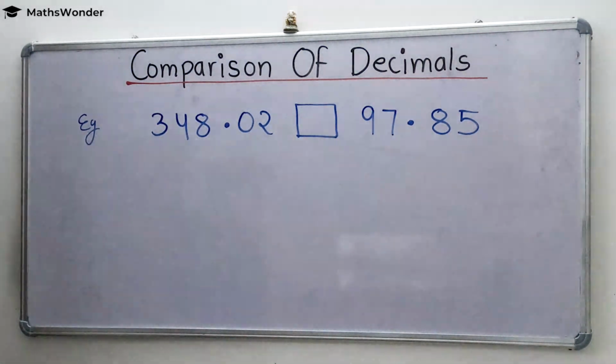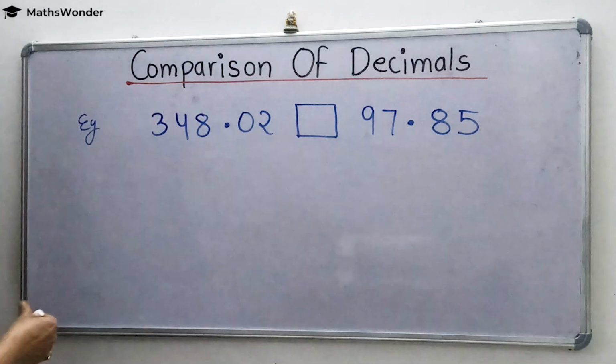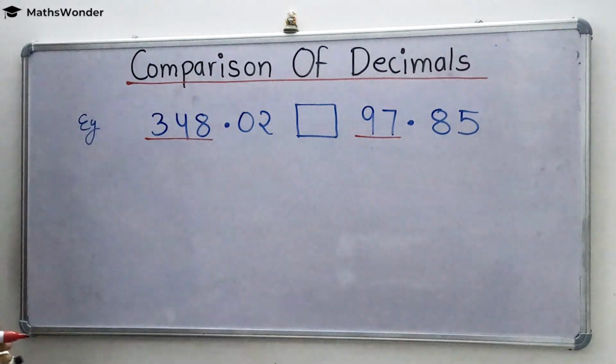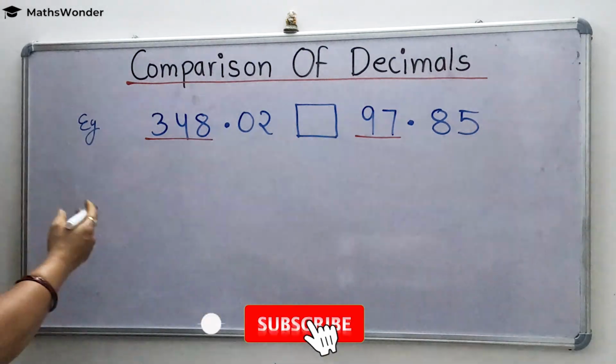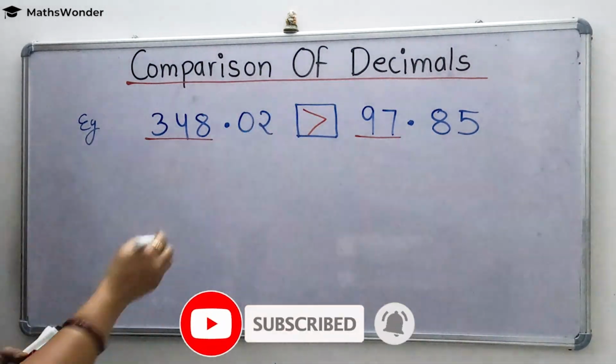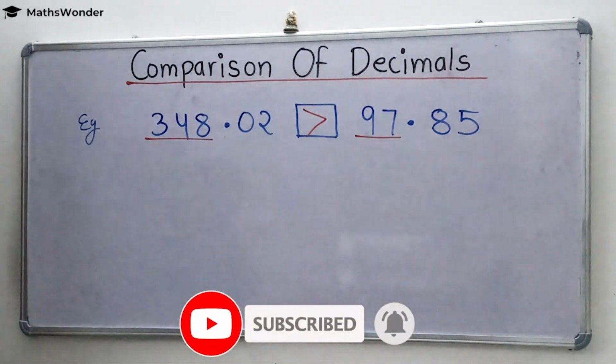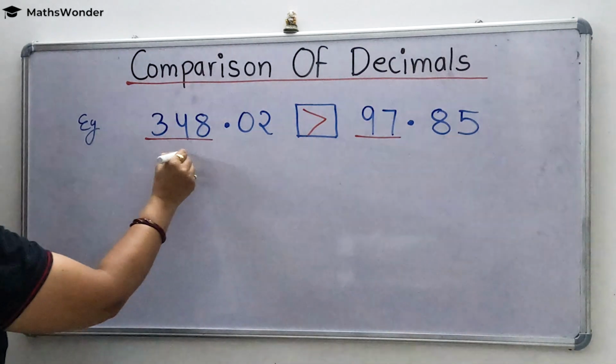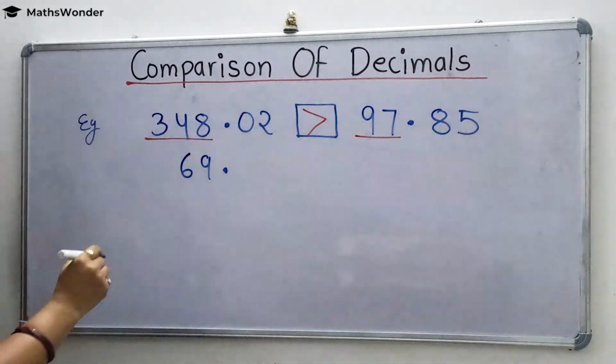When comparing two decimals, first compare the whole part, and then the fractional part, or you can say the decimal part. So first of all you will check the whole part on both sides. Which part is greater? Definitely 348 is greater than 97, so this side is greater than the other side. Suppose the question is 69.1